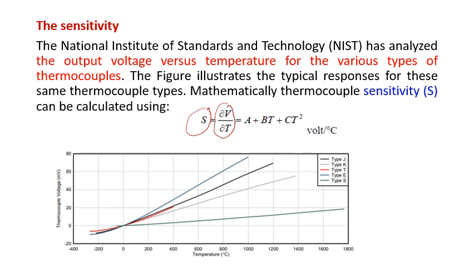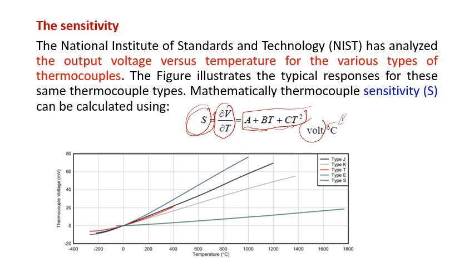If you consider the equation given in the previous slide, the derivative of that equation equals A plus B t plus C t square. So when we differentiate it, we get this value which is known as the sensitivity, and its unit is volts per degree Celsius. Now, if I want to look at the characteristics of